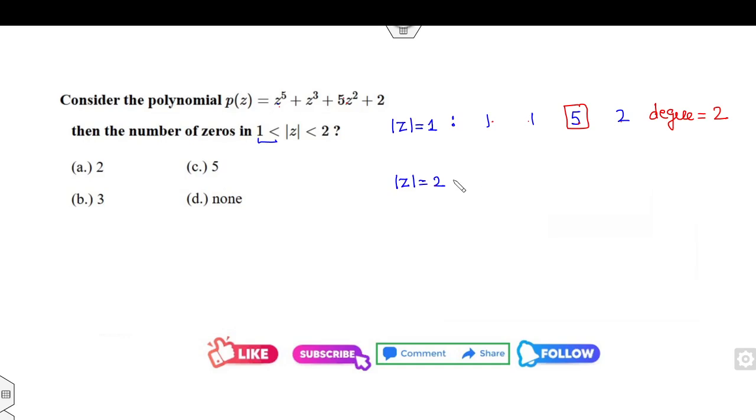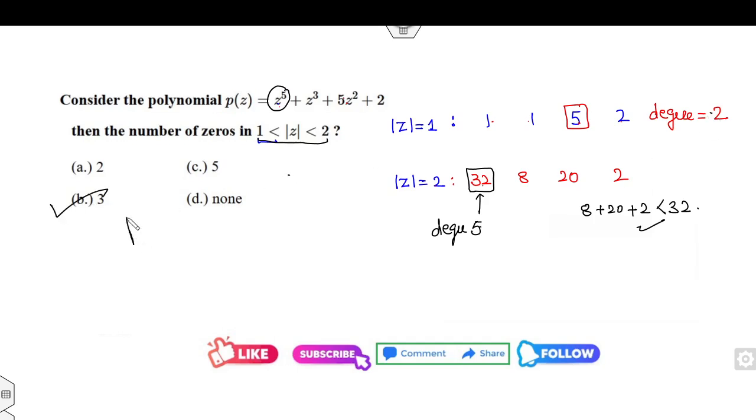Corresponding to z equal to 2, the answers are 32, 8, 4 into 5 is 20, and 2. Can you find the maximum value? The maximum value is 32, and clearly 8 plus 20 plus 2 is less than 32, satisfied. The degree corresponding to the first quantity is 5. Fine. So can you find the degree of 1 to 2? Degree of 5 minus the degree of 2, that is the degree of 3, is the right answer of the problem. Degree of 3 means that is the